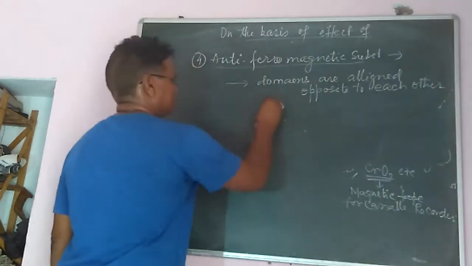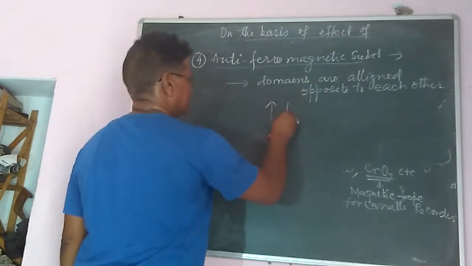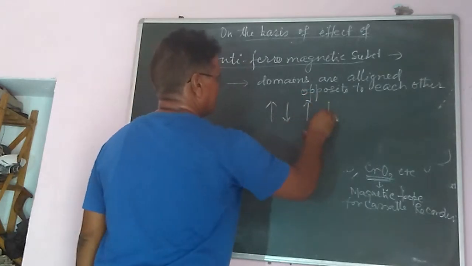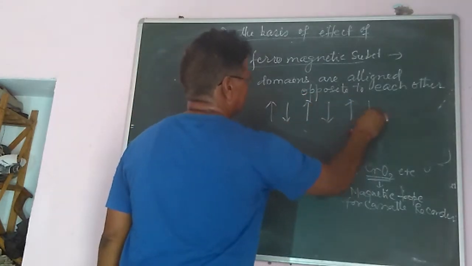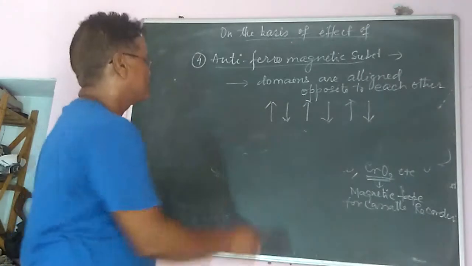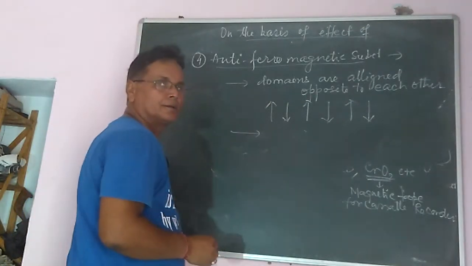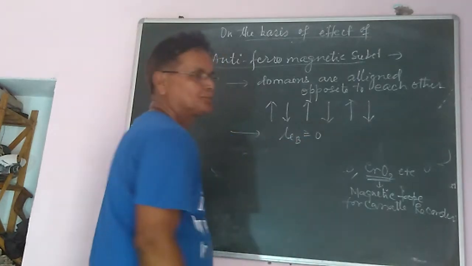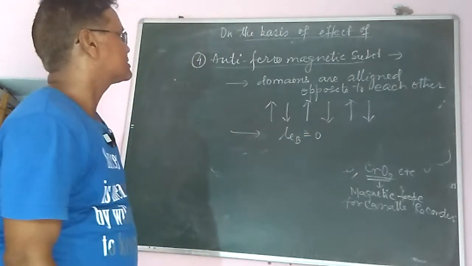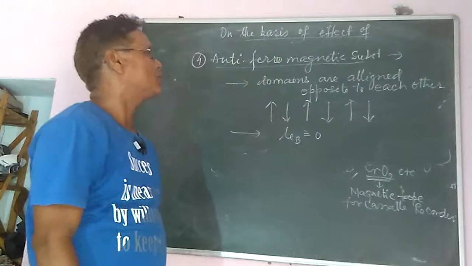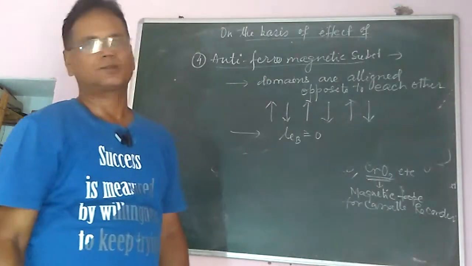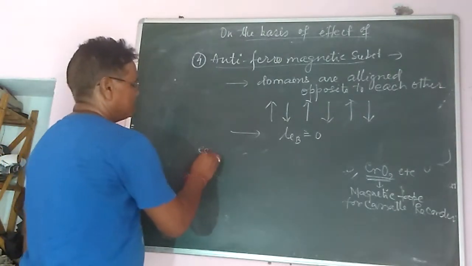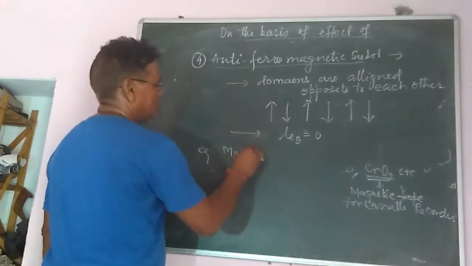See here, the domains, this is opposite to each other. That causes the magnetic moment to be zero. Such substances are called antiferromagnetic substances. As for example,